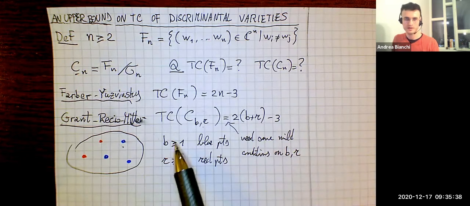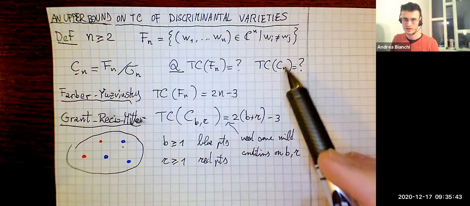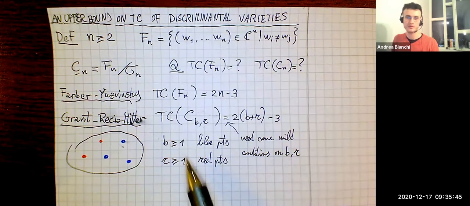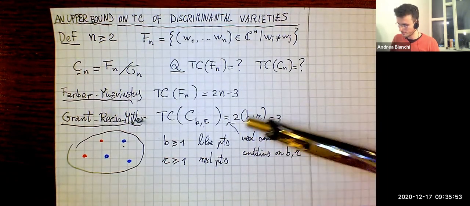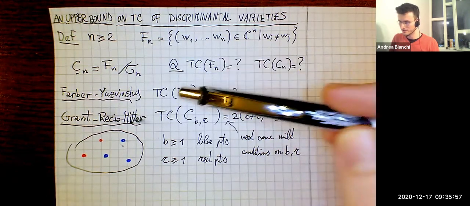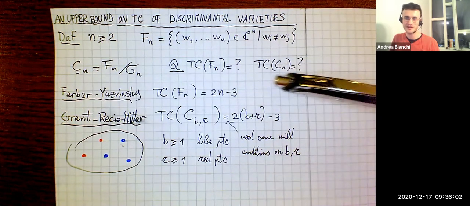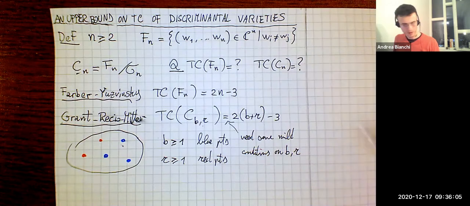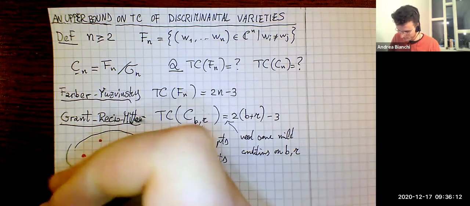Let me just say that this result doesn't cover the case of Cn, because both of these numbers must surely be positive. But still, you see the result is twice the total number of points minus 3. Here in the ordered case it is twice n minus 3. So one can already get at least a conjecture of what the answer here will be. And before spoiling the conjecture, let me say that there is also